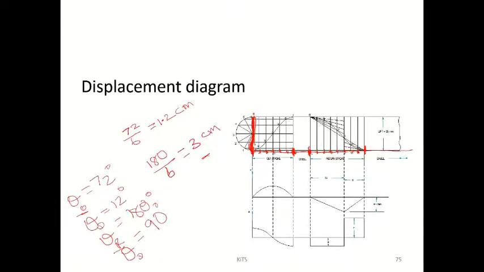Draw a 3.5 centimeter line, and then once again a horizontal line at the top, and the same thing, 1.2, 1.2, 1.2, 1.2, 1.2, 1.2. Okay, then here 3, 3, 3, 3, 3, 3 centimeter, and connect with the bottom dots. Okay, I hope all of you have done this.